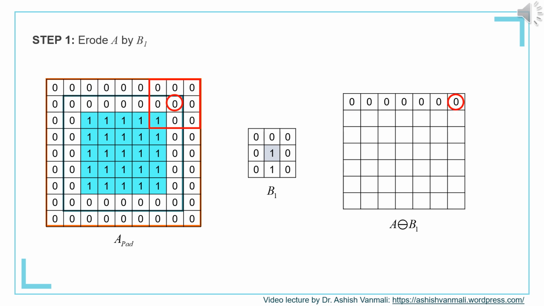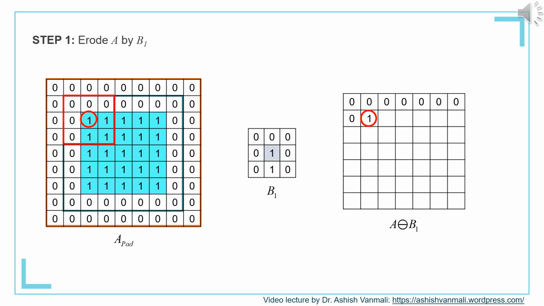We can continue this process and find the output for different pixel locations. Now here, if you observe carefully, then when we keep our center on any of the first row pixels, then always we will get the 0 output. Now if you move to the second row and if you put the center of the structuring element on the second row first column of A, then you can see the corresponding subimage marked with the red boundary. And again, if you compare with the structuring element, then it is not totally contained, hence the output here is also 0.